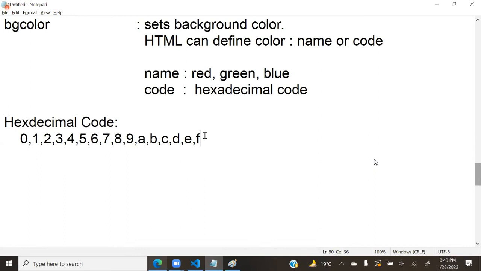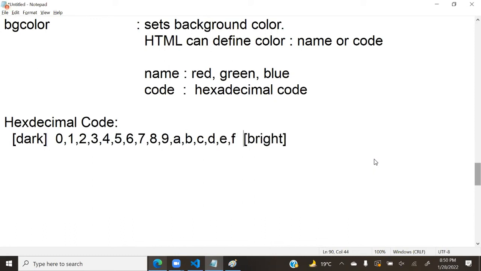That means from F to 0, the darkness will increase. You have to define values between 0 to F only. F is bright, 0 is dark. Darkness will increase towards 0. Remember that point.